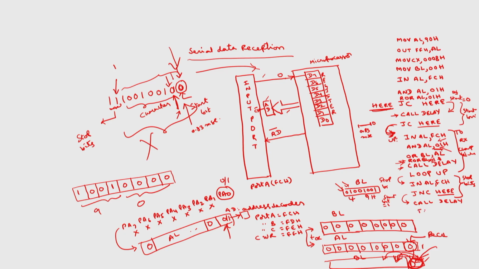Again IN AL, FCH, same logic. Jump not carry means the second stop bit is not 1. In that case also I will go again to the starting of this logic here itself. So, again I will start from the start bit onwards, because that is not a valid character. If the second stop bit is also 1 after a delay also,